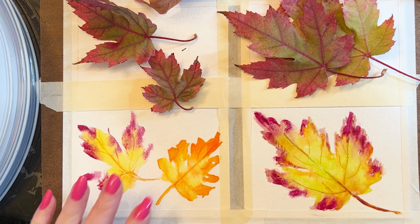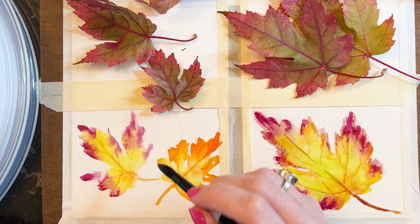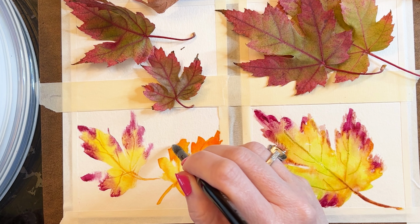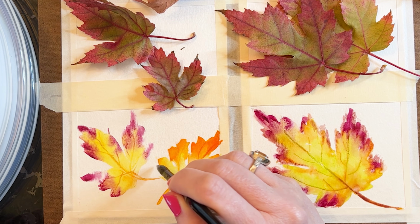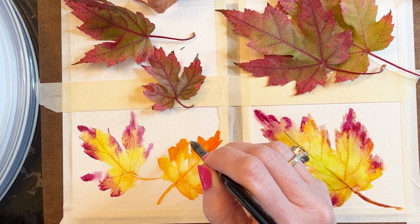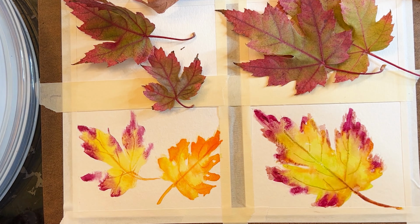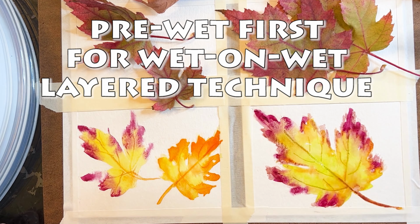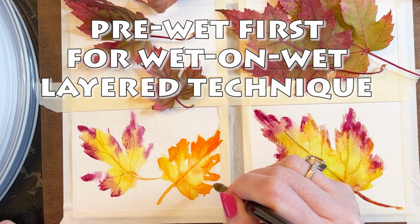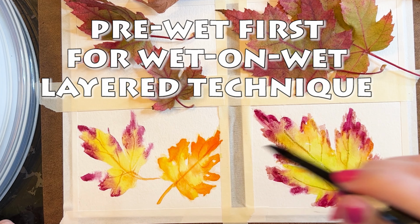All right, so now let's go over to this leaf over here and do a similar kind of idea. We're going to try and get some little pointy things happening on the edges of our leaves. So we're going to pre-wet and put the shapes in that we want first with just plain water. You might be wondering, why are you doing plain water first? That's because in order to do the wet-on-wet technique,